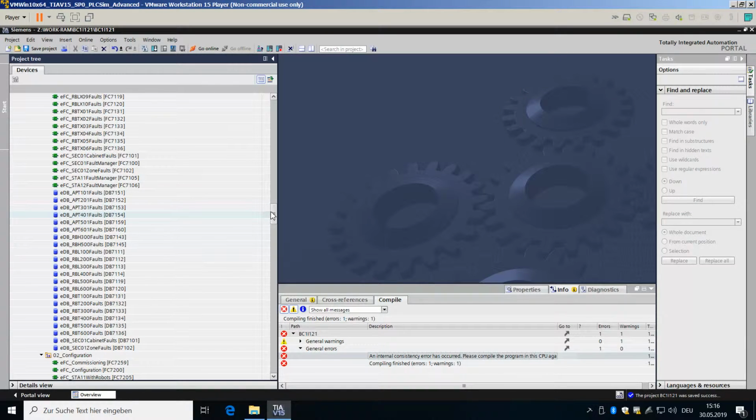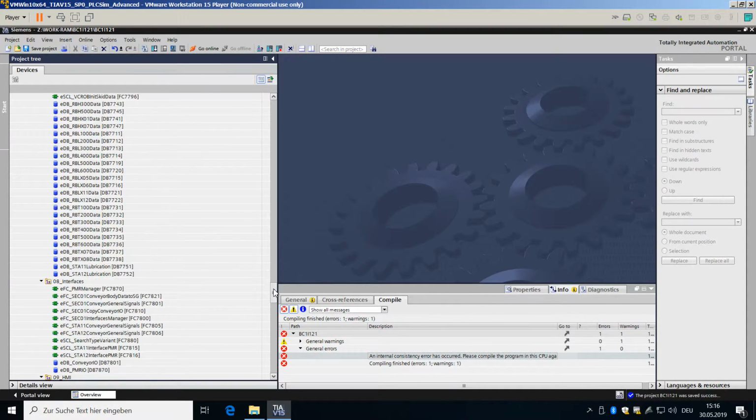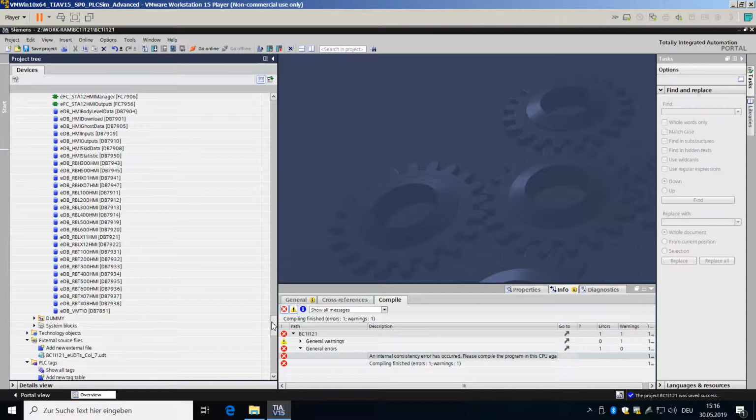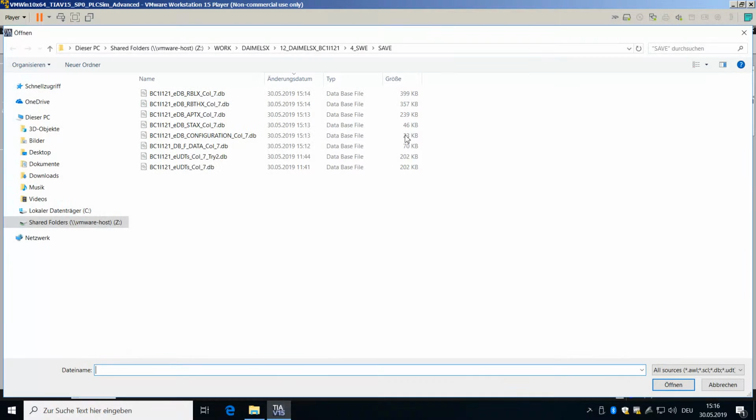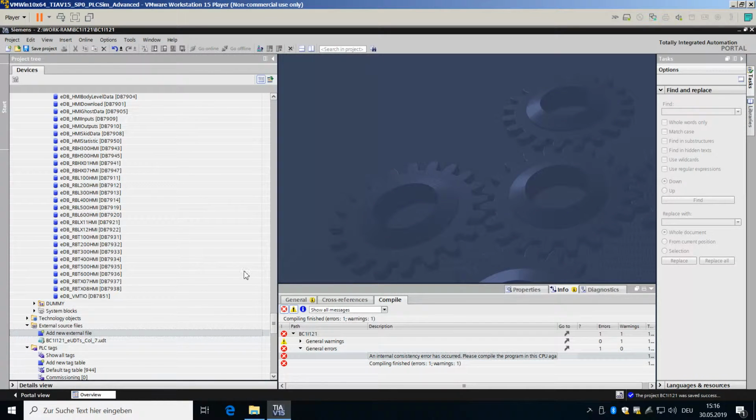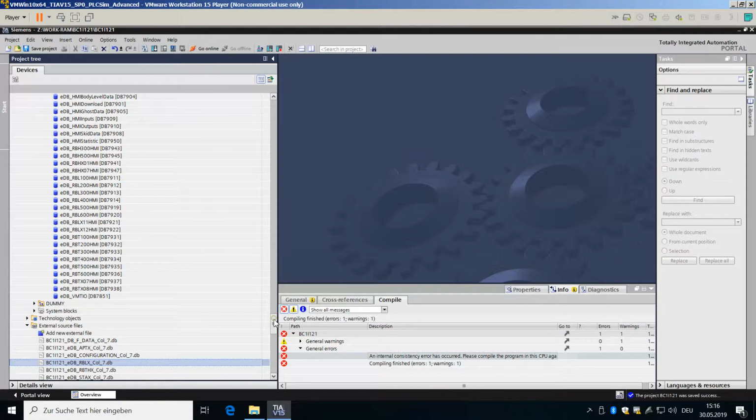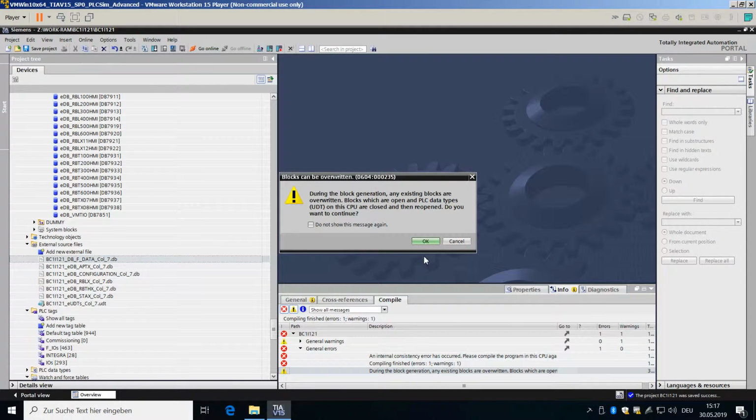Now we can go to our program and select the part for external sources. There we go. I say add new external file, and we select the files we just generated. They've been appended here. So these files are ready to import. We only need to right click and say generate blocks from source,